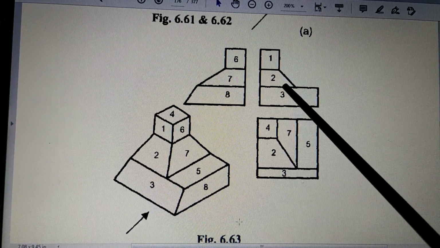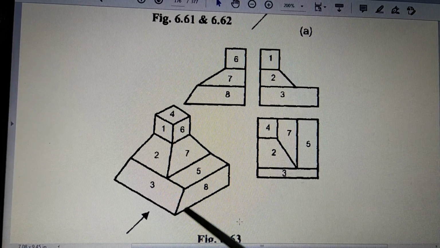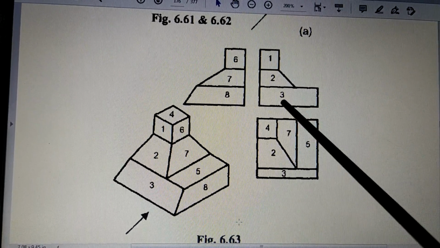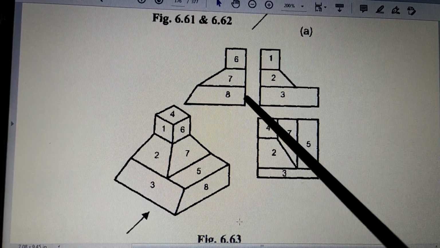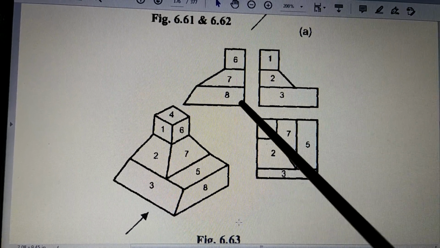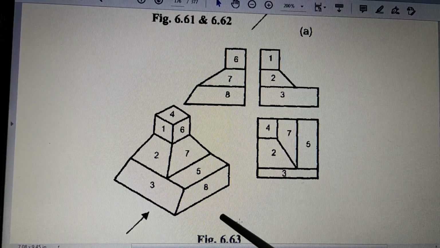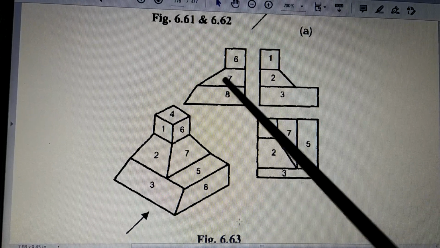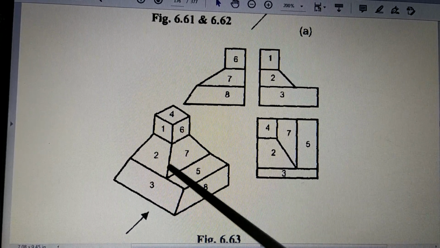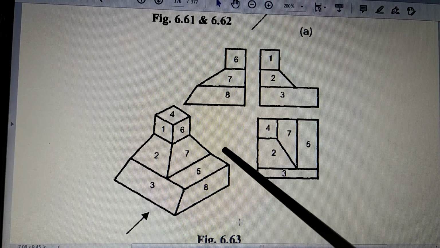So when you draw this, surface 8 is of the height of 3. So we have to draw one construction line like this, and within these two construction lines you have to fit 8. So this 8 is here. This is this surface. Now when you see in this direction, can you see 5? 5 you will not see, so this line is 5. Then can you see 7? Yes, we can see 7 because 7 is like this.